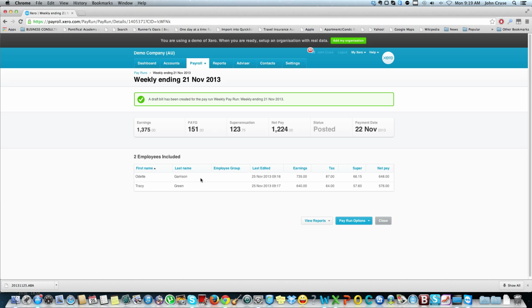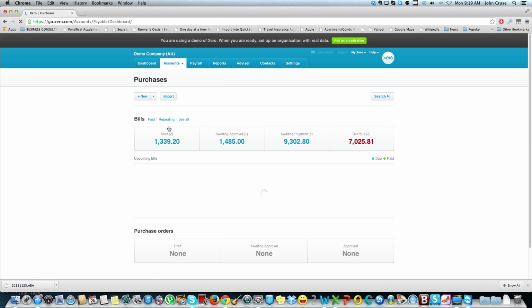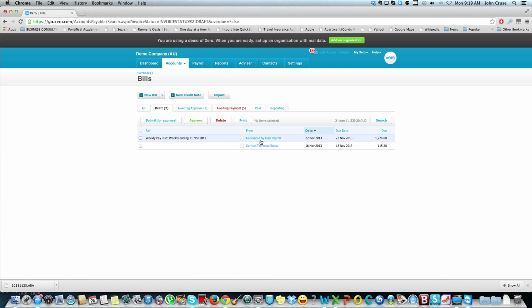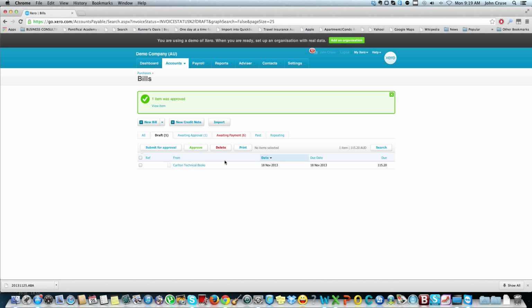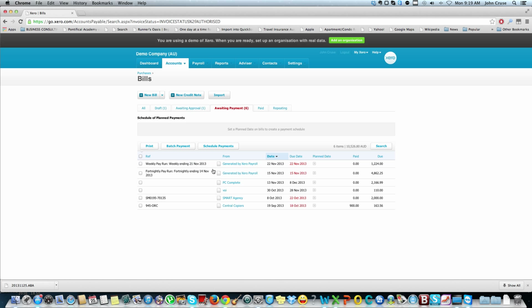Now, just in regards to what happens to that draft bill, if we go into purchases, you'll see that there is a value in draft here. I'll just open that up, and we've got this line here which is generated by Xero Payroll. So we just click on that and approve it. And then when we pay the pay run, which will be in an awaiting payment, and we just